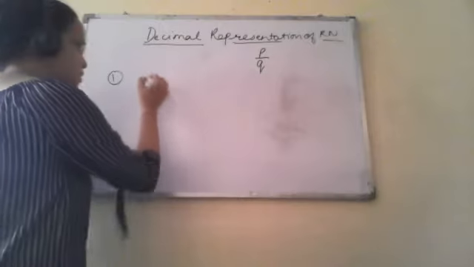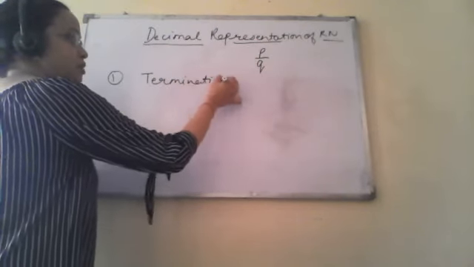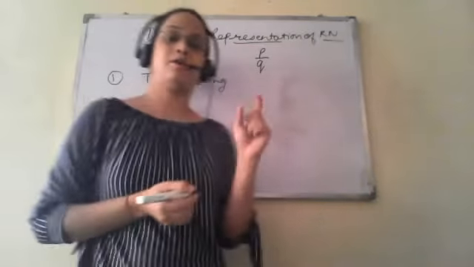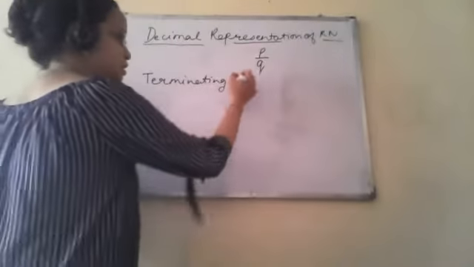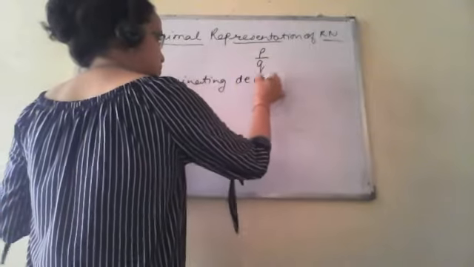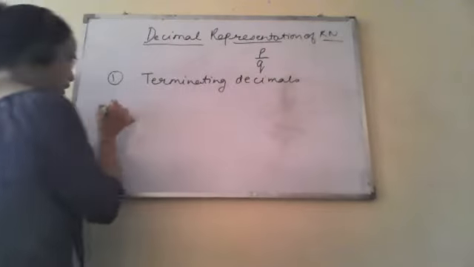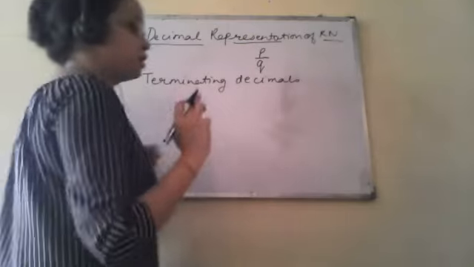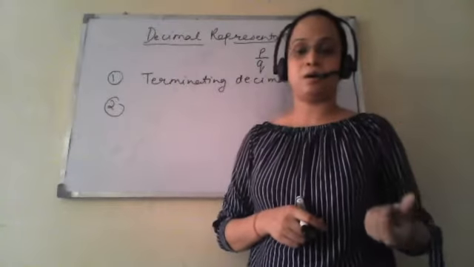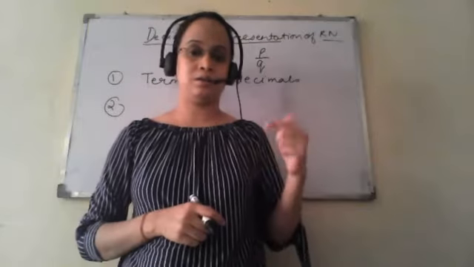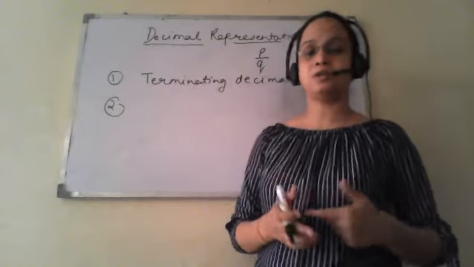So these are called terminating. In this, the division is complete, or the remainder becomes 0, after a finite or countable number of steps. Okay, these are terminating decimals. Terminating means it ends after a certain number of steps. Second possibility is when the remainder will never become 0 and a set of digits repeats after a certain period, or repeats periodically.